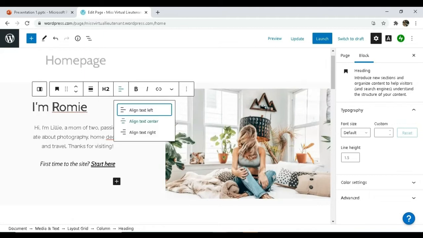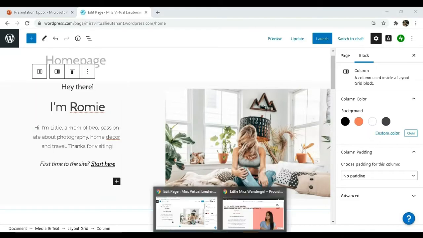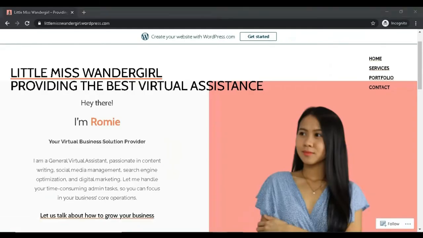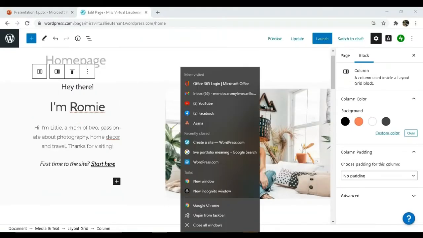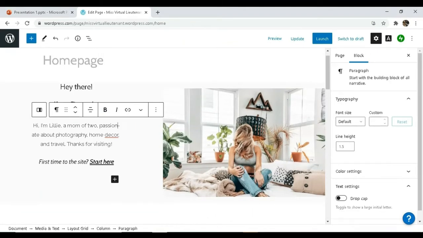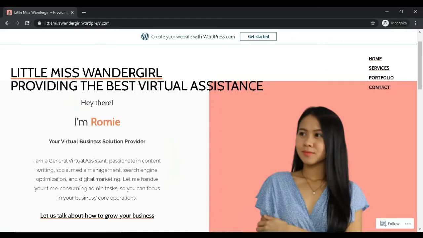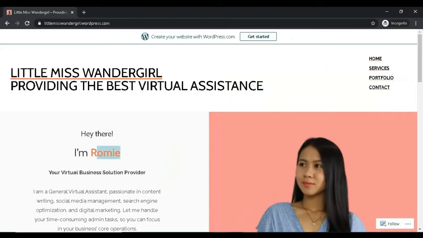And I'm going to align it to center again. And I think this is better. Yeah, I'm Romy. No, this is smaller. So probably this one is H4. I know, H3. Let me see. Yeah, there you go. So now as you can see, on this page, I have the Romy in a different